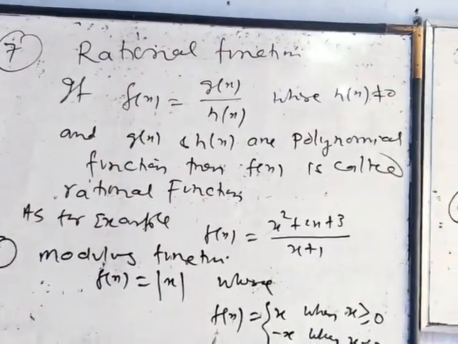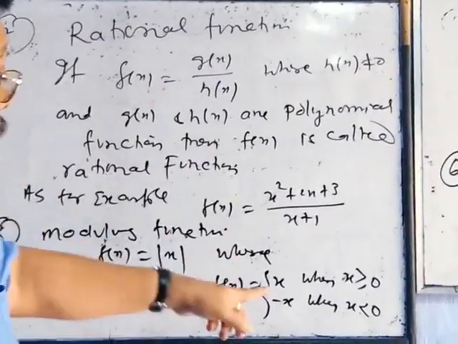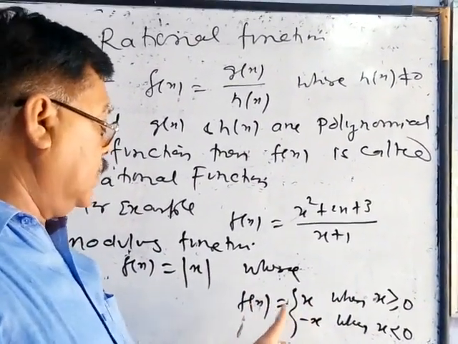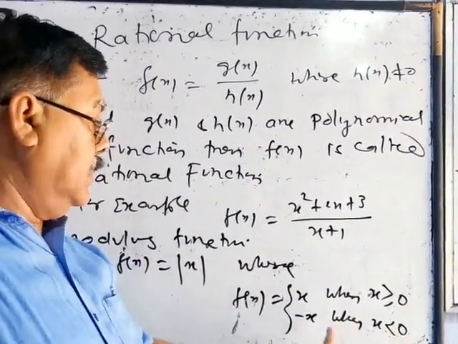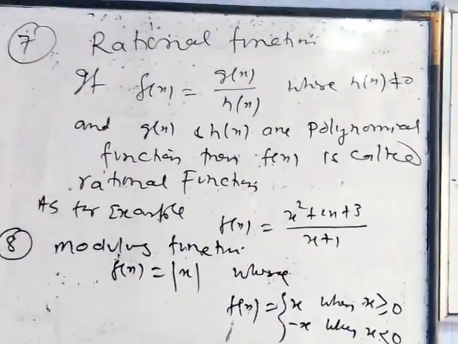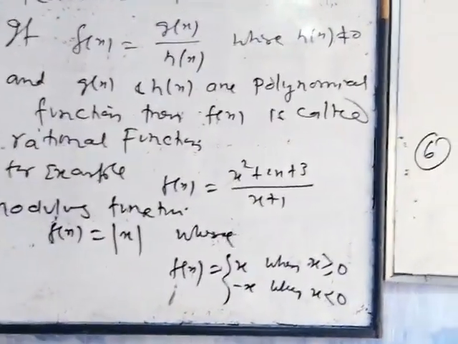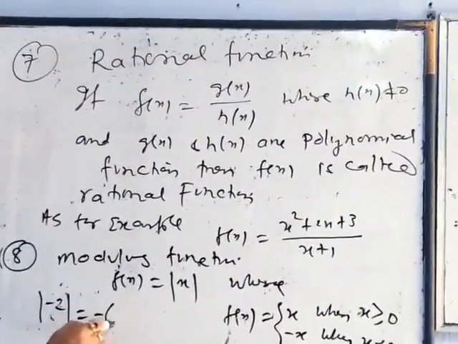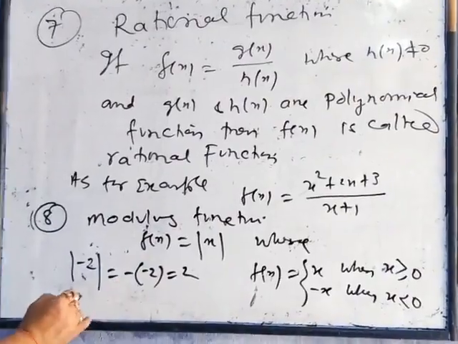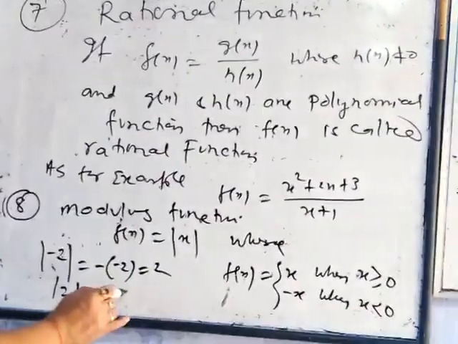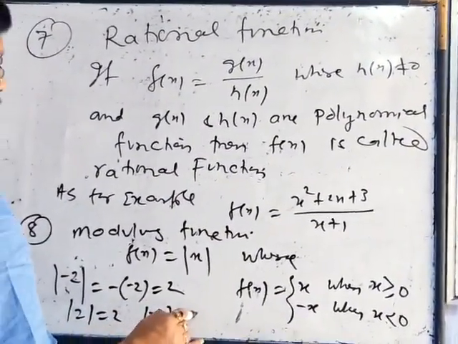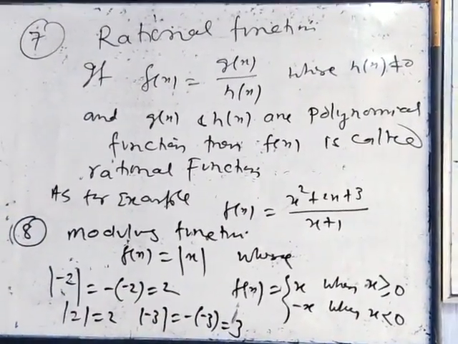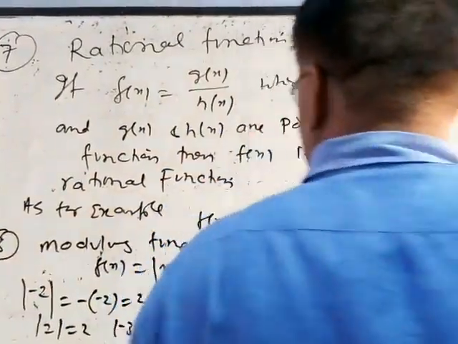This is the modulus function. Here we take the positive value, like modulus of minus 2 is equal to 2, modulus of 2 is equal to 2, modulus of minus 3 is equal to 3. These are examples of the modulus function, then student,